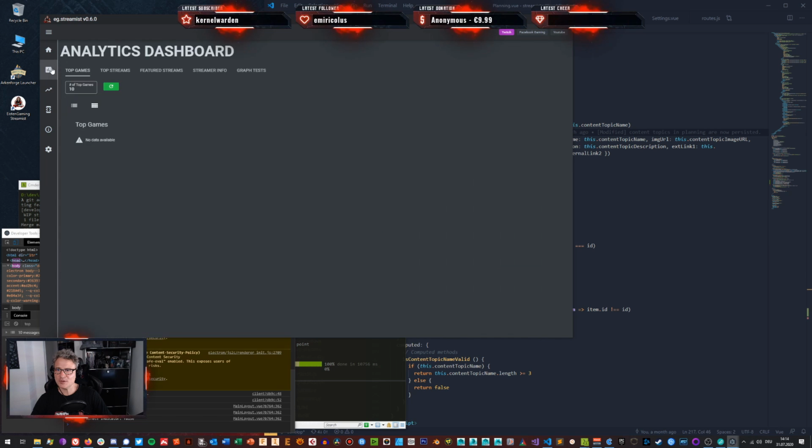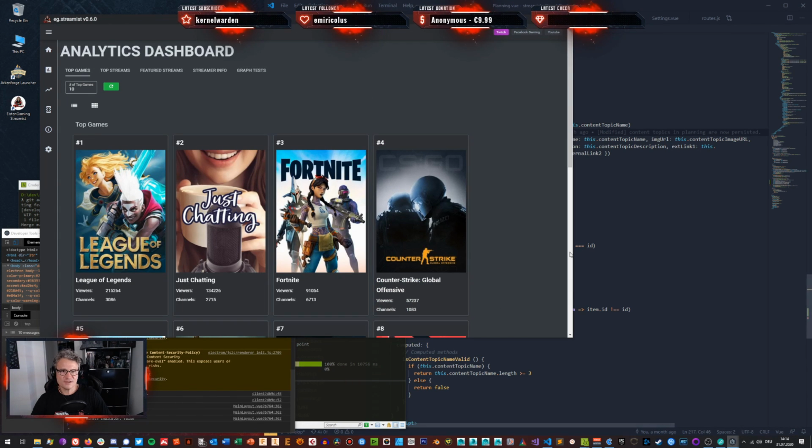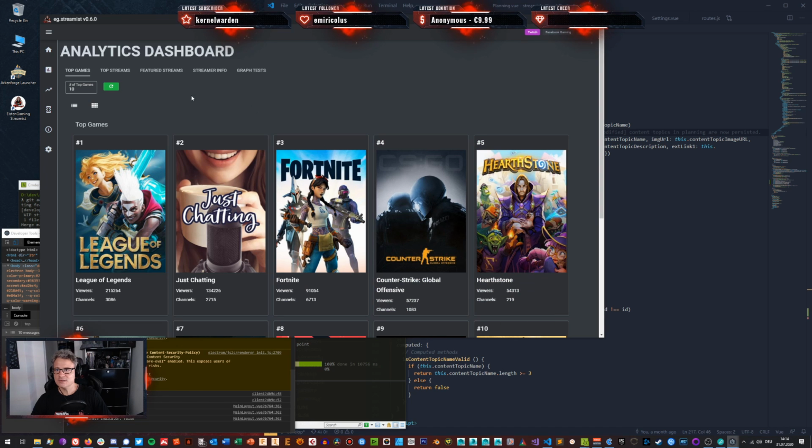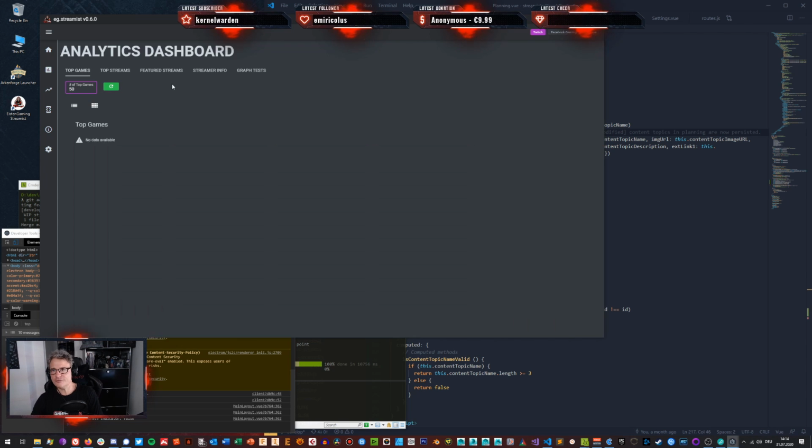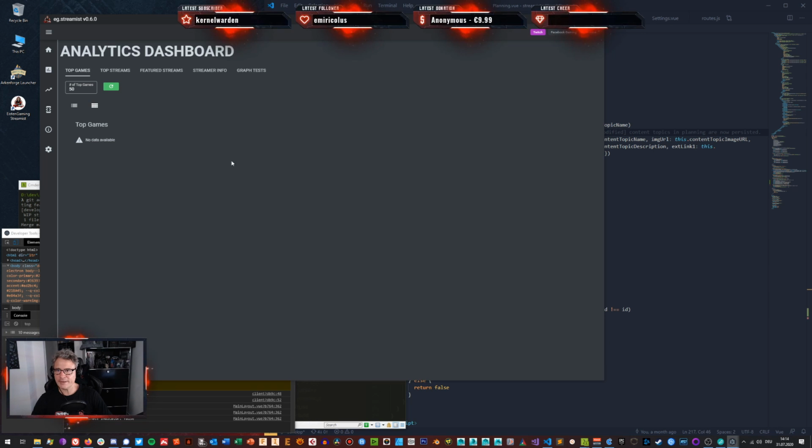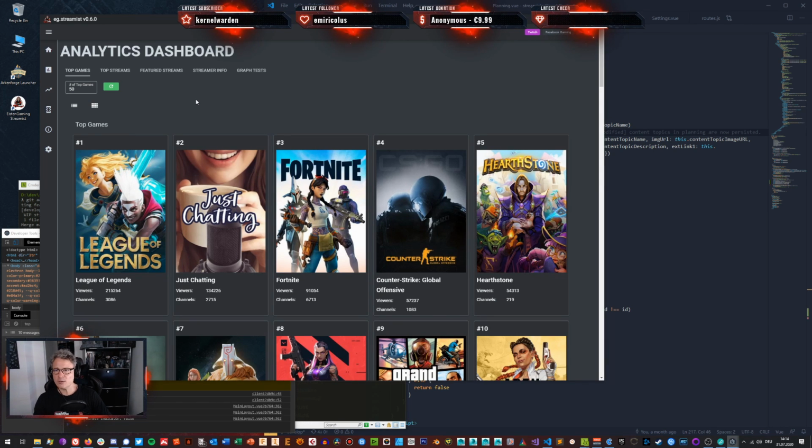Then the analytics dashboard is a more specialized version of this, because for the top games, it allows you to list how many you want. Let's go for 50. This might take a few seconds because we're doing quite a lot of queries in the background to get all this information. First, we're looking for the top games, then for the images, and then for the additional content, then we're doing the presentation on screen. So this is the top 50 games which are live on Twitch at this second. So this is real time.